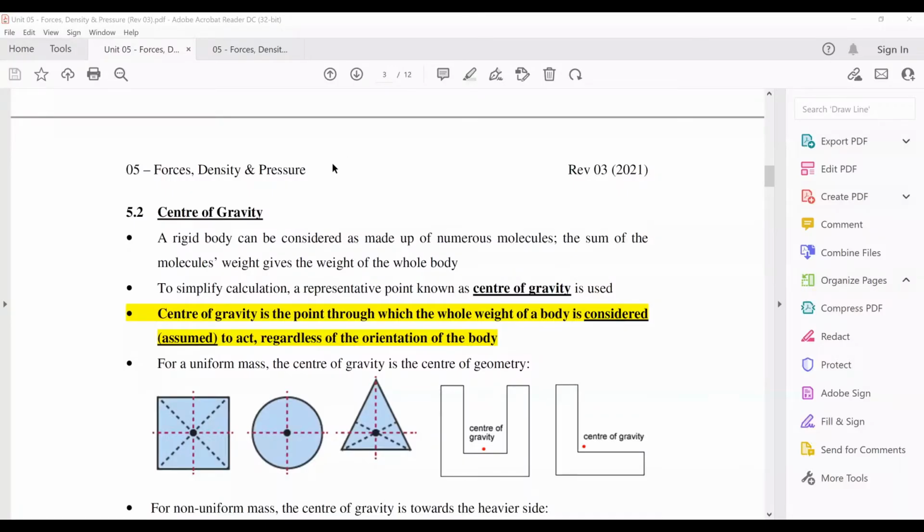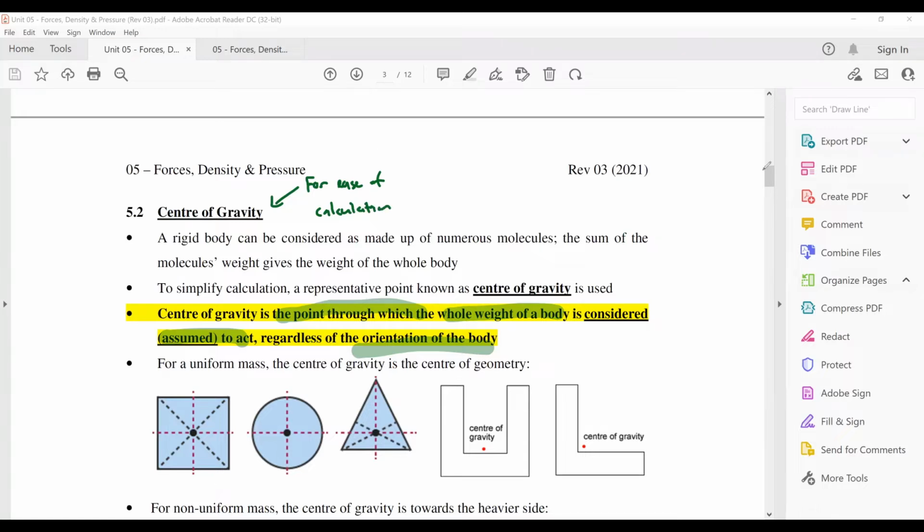The concept called center of gravity that you might have learned in IGCSE before, center of gravity is actually just a point through which the whole weight of a body is considered or assumed to act regardless of the orientation of a body. Now, why do we have center of gravity in the first place? It's because it is for ease of